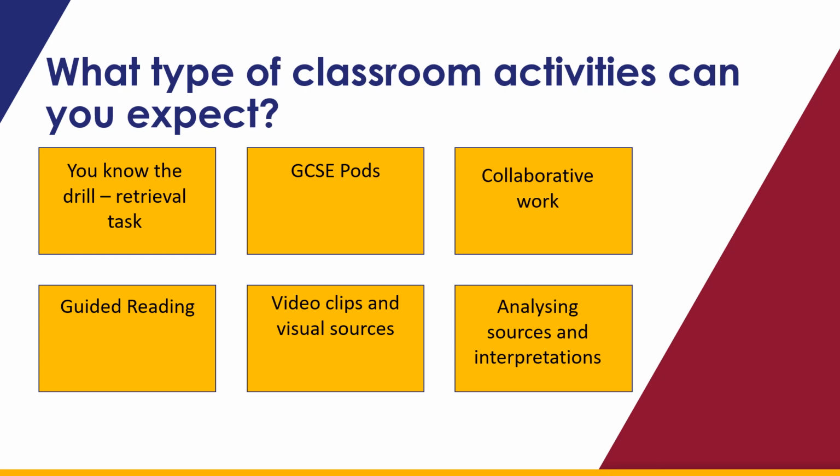GCSE pods will be used as part of your homework, maybe sometimes in class as part of revision, but again, an important tool for you to use to try and recall the knowledge across 4 different time periods. And reading will be structured as it was in Key Stage 3, so we'll be working through text together, annotating it together, establishing the meaning of difficult and key words, and also really trying to get under the skin of what sources are driving that, what's the real underlying meaning behind a source, what can you infer and deduce from